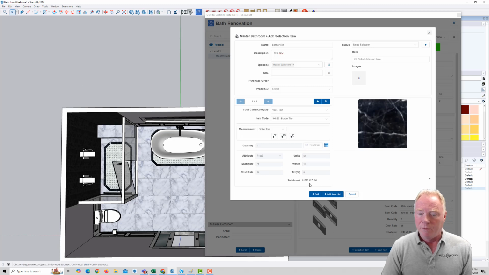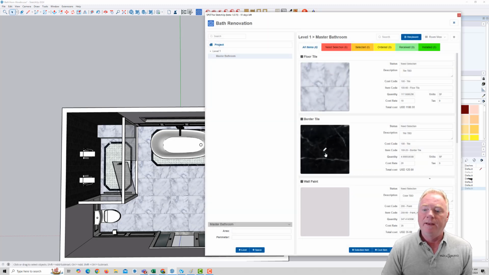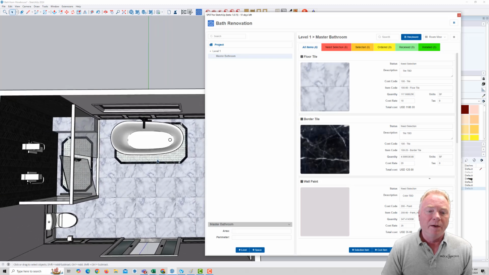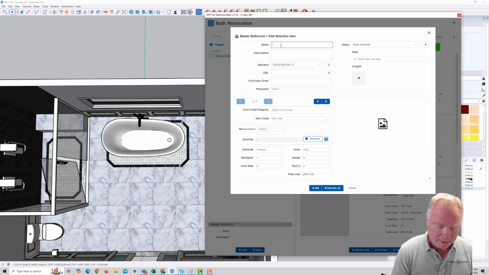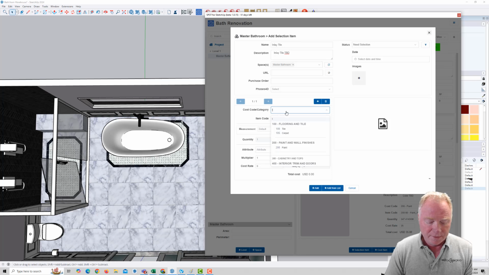All right, so it's going to report that out, 120 bucks worth, and you've got my thumbnail image. Okay, now we got this inlay tile, so I'm going to add a selection item, and this would be inlay tile, inlay tile TBD. It is tile,